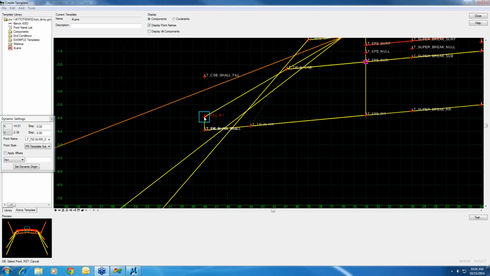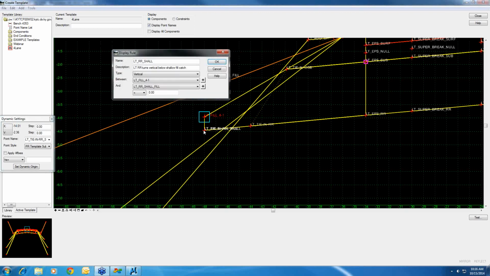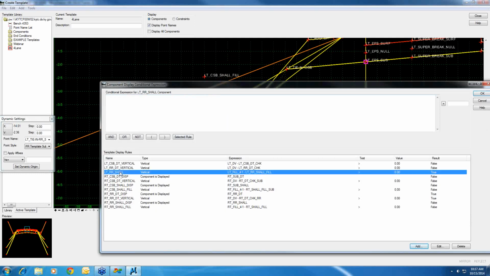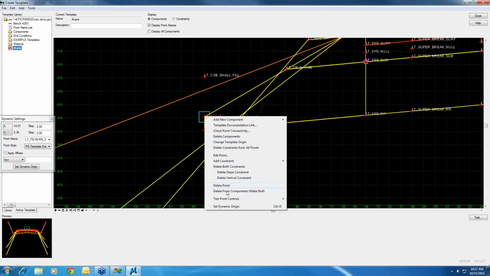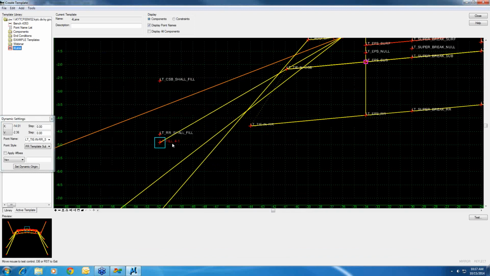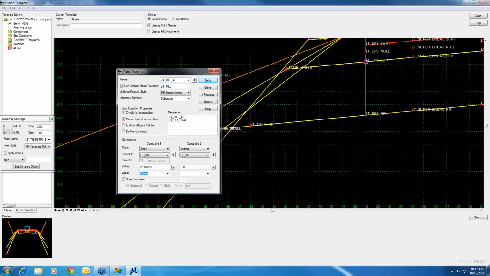So again, if the elevation of that fill point minus the elevation of that null point we put in there is greater than 0, then we'll show that. Which I selected that rule, and it's true. So when I come down here, when I get into what would be a normal fill situation, that bow tie effect is gone. So let's go for a really shallow fill